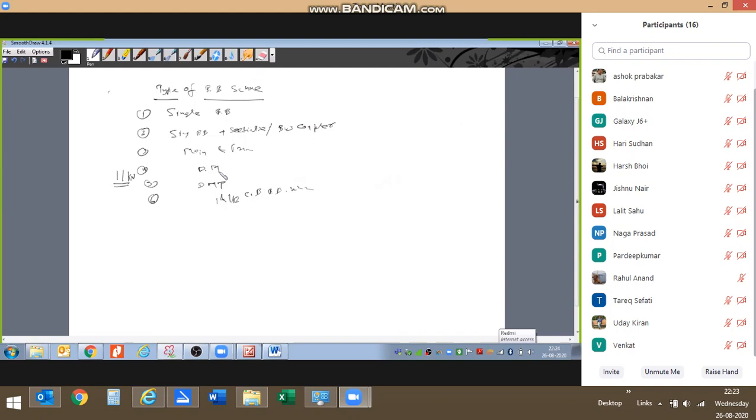Their transmission voltage and distribution voltage are almost common. Like in India, if we do the comparison, we have 11 kV, we have 33 kV,